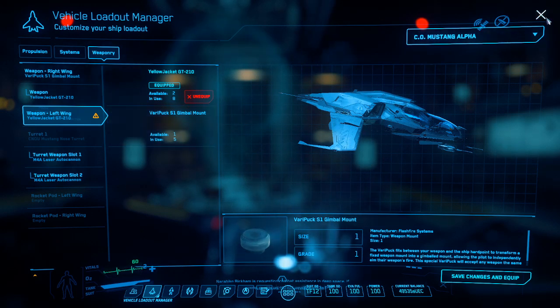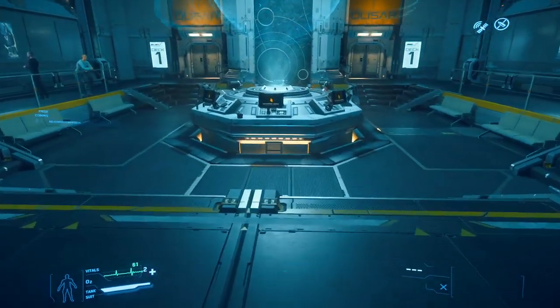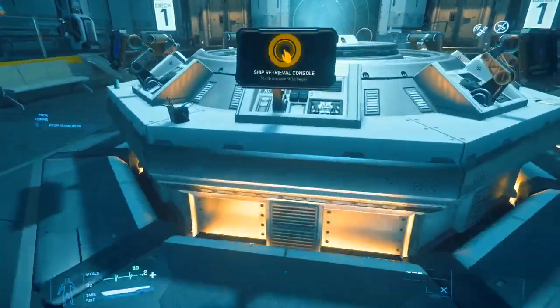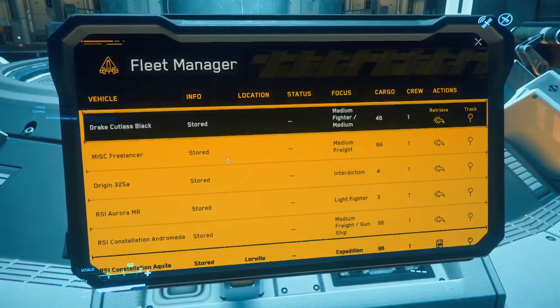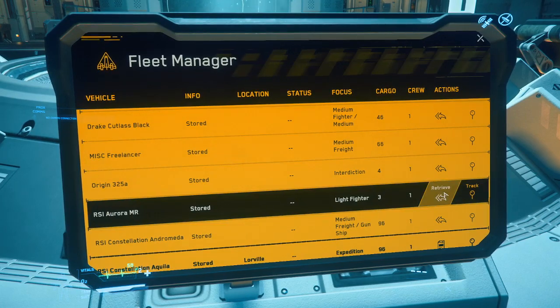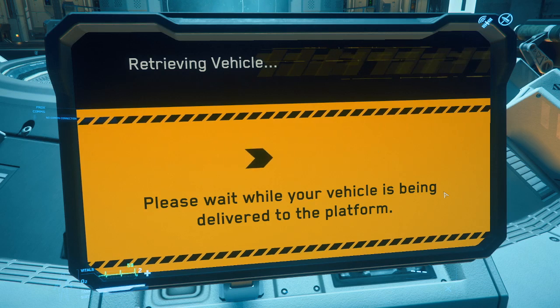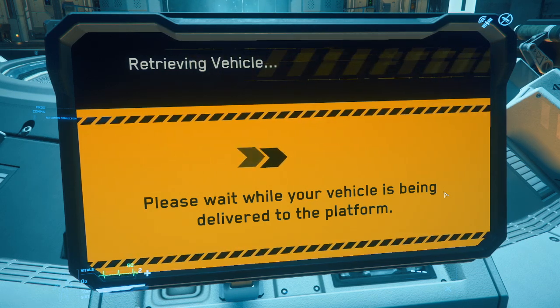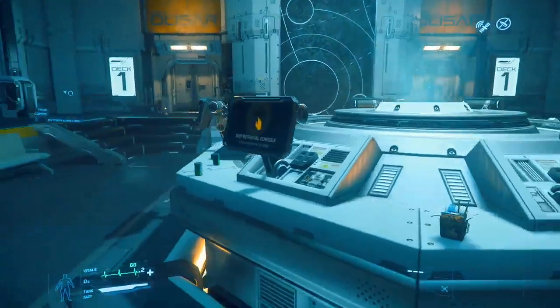Okay. Now once you get done stealing the 2 guns off the Aurora, you go to your screen here, and you retrieve your Mustang. It'll throw it on the pad. Your ship has been delivered to the following landing pad. And now, keep in mind that right now, that ship wouldn't have any guns. So we'd throw it out on the pad,